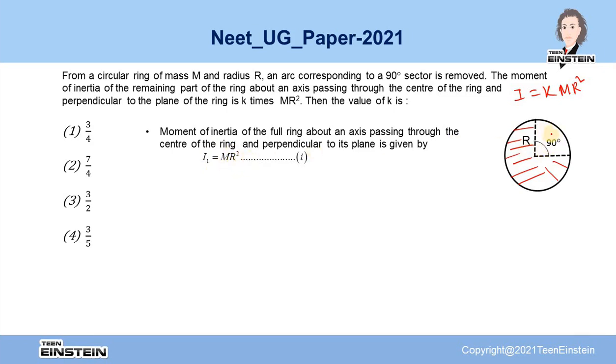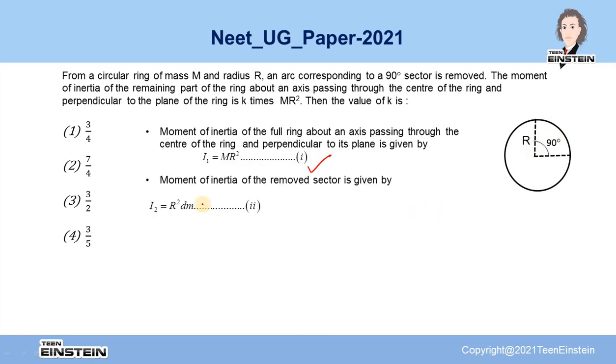Now if we can find out the moment of inertia of this removed sector, then we can subtract that moment of inertia from the moment of inertia of the whole ring to find out the moment of inertia of the remaining portion, and that can be compared with this given value to find out the value of k. So we know the moment of inertia of the full ring as this, and let us now find out the moment of inertia of this removed sector, and that can be written as